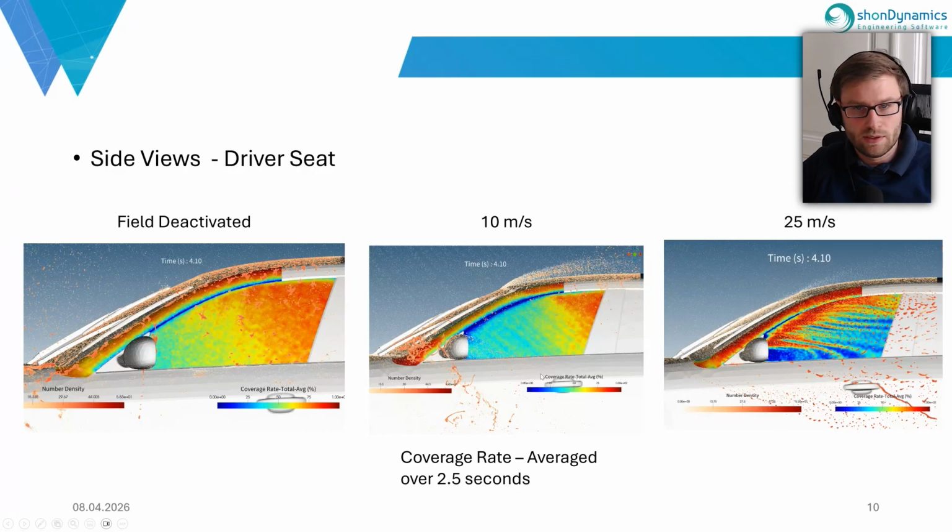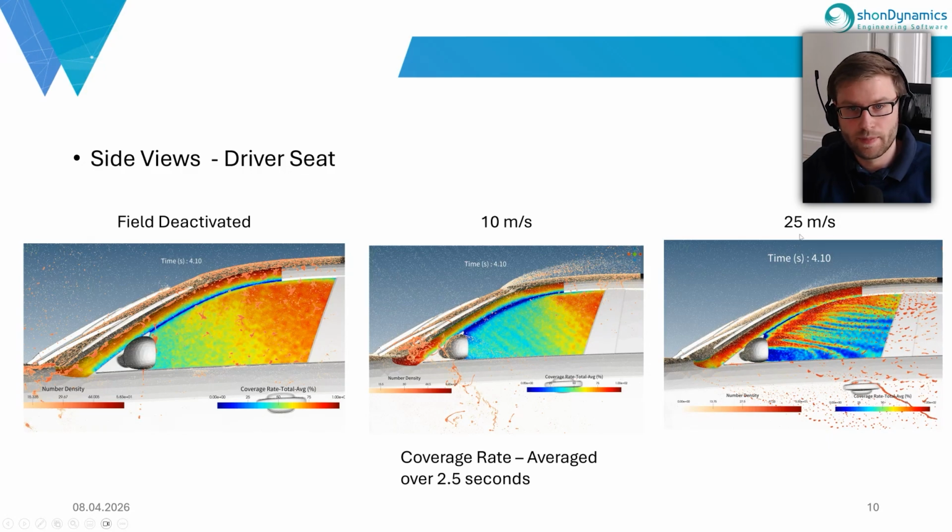And if we look now at the side window in more detail, the averaging time of the coverage rate is 2.5 seconds, so half of our simulation. The field deactivated case is not so interesting. We see chunks of fluid collected on top of the car and on the A pillar, and then it drops down to the side window, and we have a distribution mainly around the back of